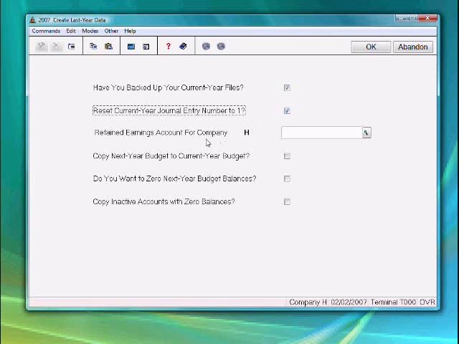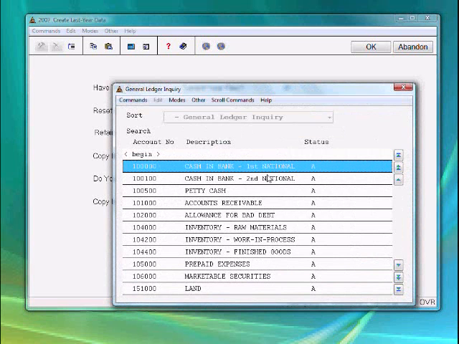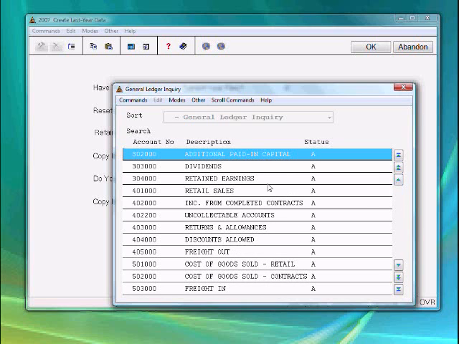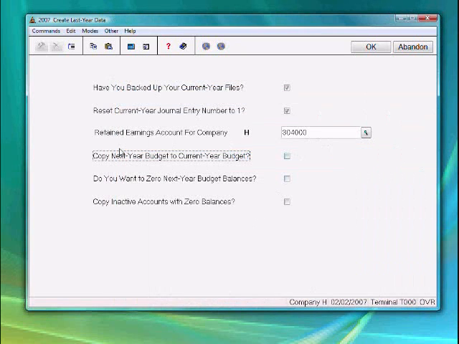The retained earnings account, that would be your account for your fund balance account. In this particular chart, they use a retained earnings. Copy to next year budget is usually no. Do you want a zero next year budget? No. Those two questions have to do with places that have time on their hands and have gone ahead and entered the budgets already for the next year,